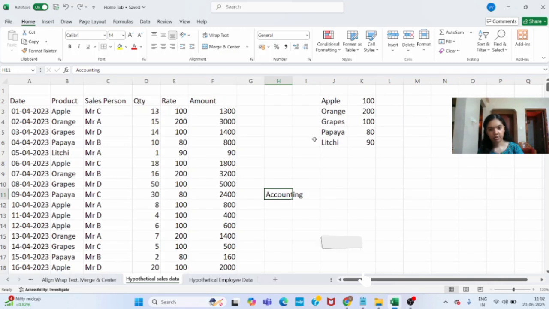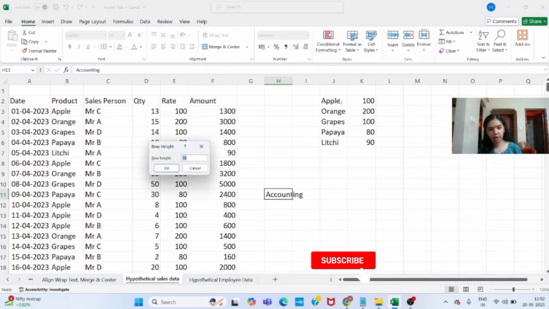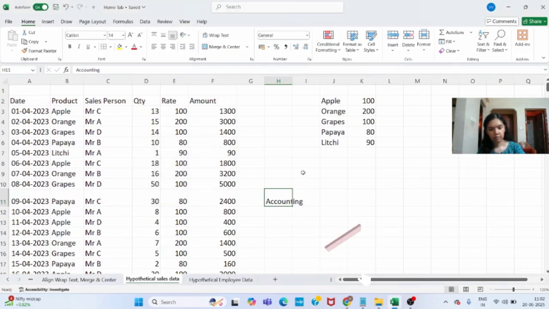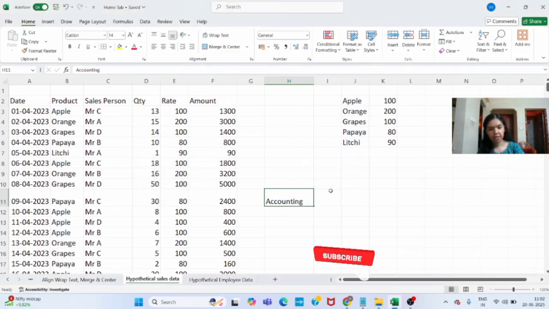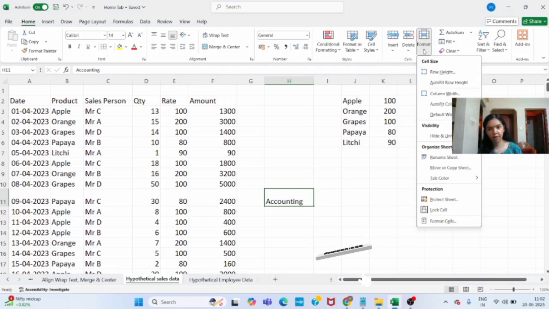Another way is, you have just selected this cell and click here on formatting and here you can increase the row height. So it is 18. Suppose I give 30. So the row height has increased. And now to increase the column width. This is showing 18.11. Let me put this as 15. So we can see the column width and row height has increased this way using this format option.